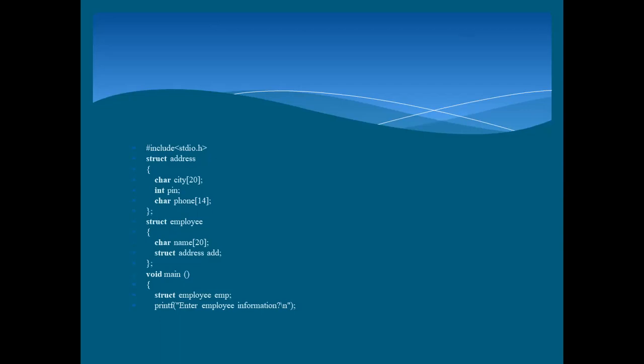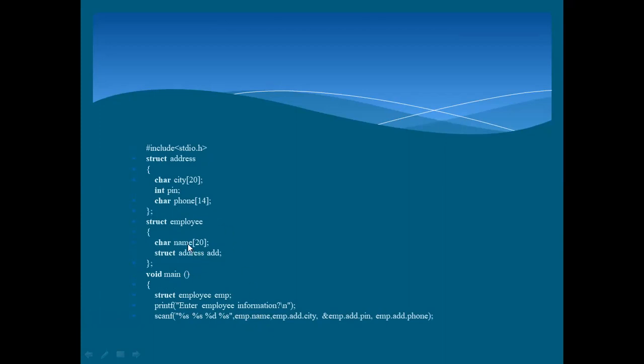Now if we want to read the employee information, we write struct employee emp, the variable name, and enter the employee information. We read the data by using the scanf function. For reading the employee name, we write emp dot name.